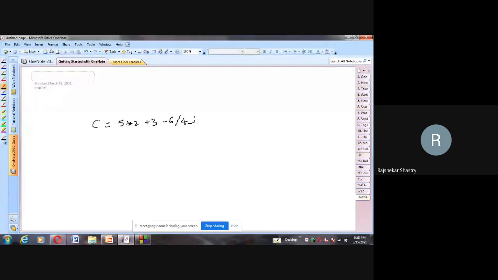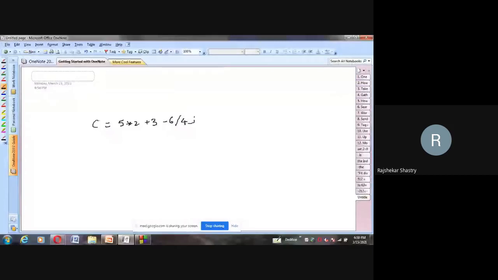In mathematics also, if you remember the BODMAS rule, it consists of brackets, divisions, multiplication, addition, and subtraction. This is the order in which the execution will take place. Long back, at school level, we learned the BODMAS rule, and it tells the same priority. So according to the priority, some people said 6 by 4, and some said 5 into 2. So what is the confusion here? Why are some people saying 6 by 4 and some saying 5 into 2?